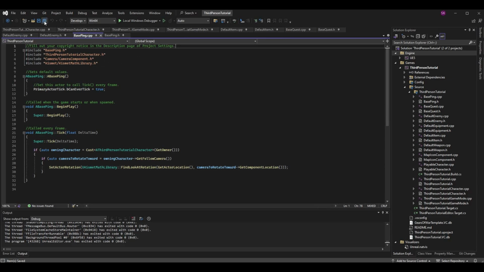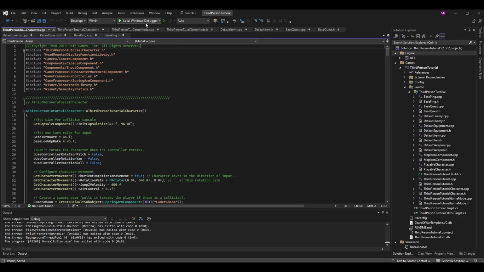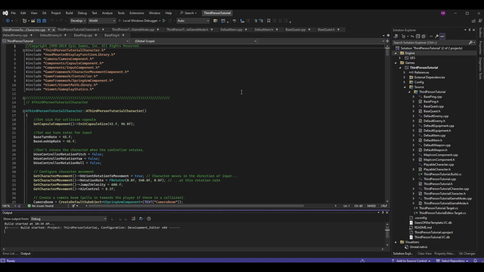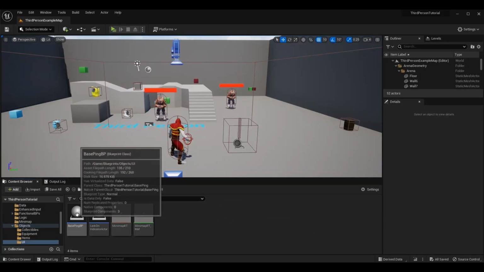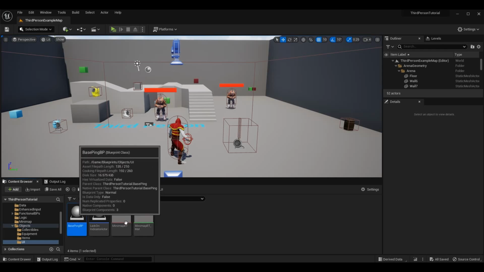That's actually all we need to do in the code, but we aren't done quite yet. It likely won't work how we want it to until we go into the blueprint. So I'm going to launch the editor again. The editor is back open. We're going to want to go to the ping object, so my base ping BP here. If I open this up,